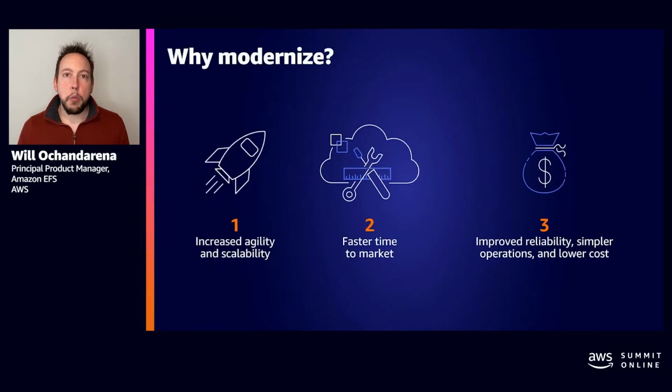So let's start out by why you might want to modernize your application in the first place. Customers that use containers and serverless technology to modernize their applications do so because they get three main benefits. First is agility. When you have compute infrastructure that can scale up and down with your application, it's really easy to handle the peaks and valleys of load that come during the course of the day or with any one-off events that might make your application busier than normal.